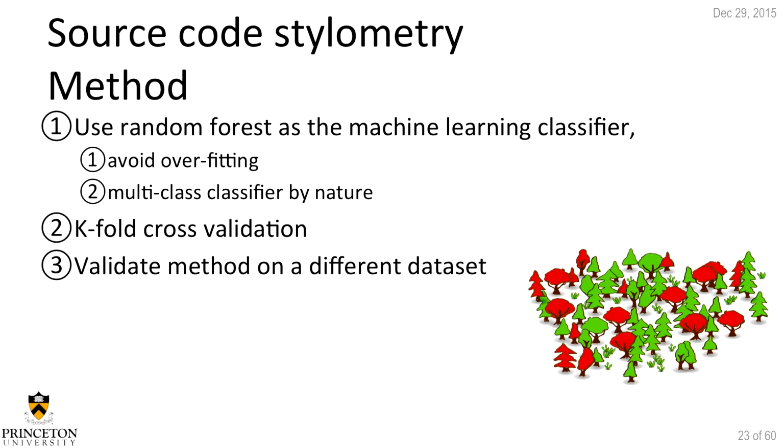And why did we use a random forest? First of all, random forests by nature are multi-class classifiers. For example, as opposed to a common support vector machine, which is a 2-class classifier, random forest is more successful in classifying many classes as opposed to a support vector machine classifying just two classes, making a binary classification problem. And also random forests, since they use decision trees and information gain during the training process, avoid overfitting. So we want to make sure that we are not overfitting to a bias in the data set